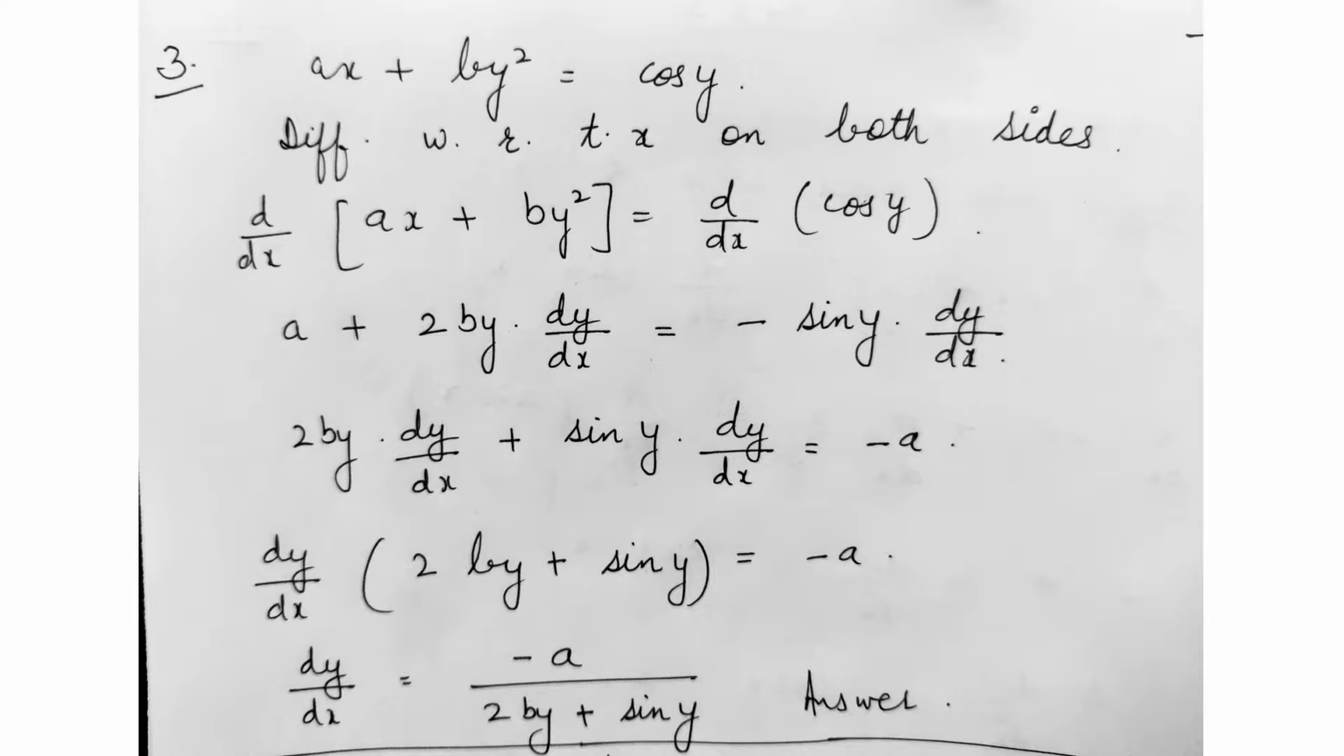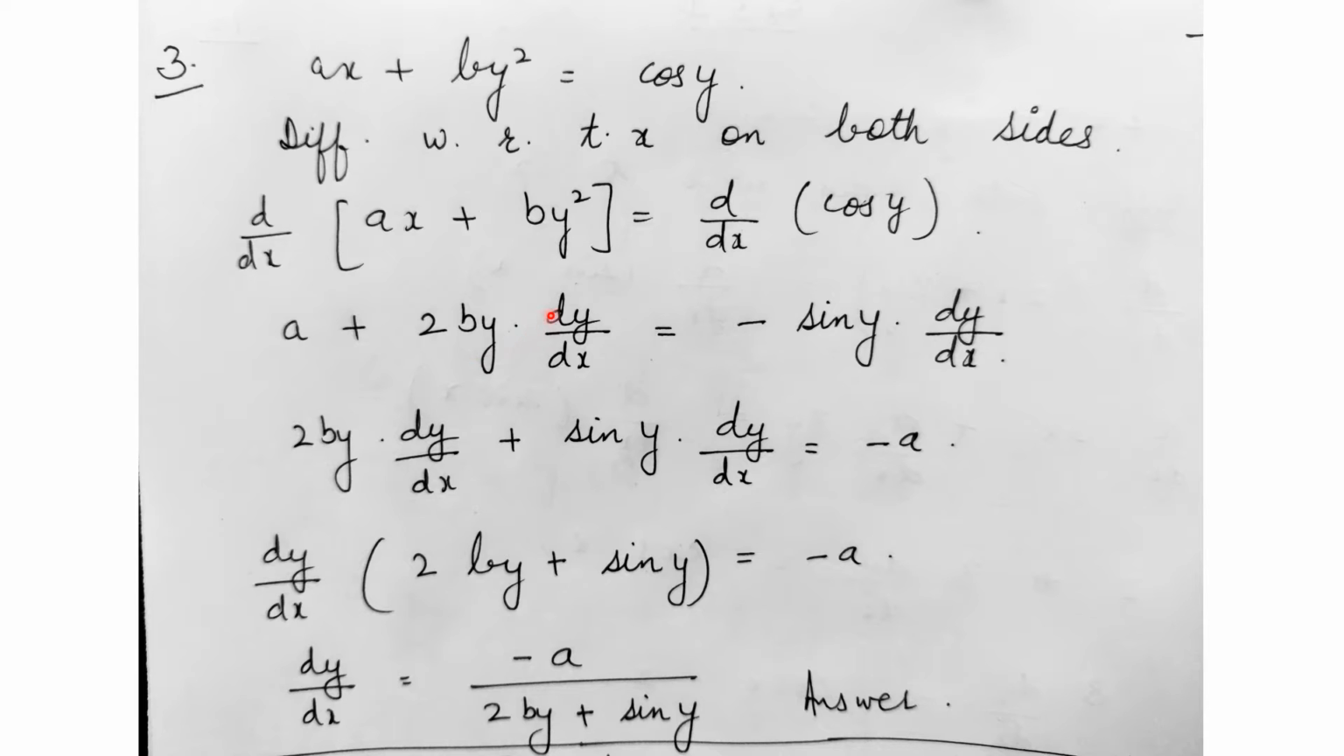Next question. See, ax plus by square is equal to cos y. We will follow the same pattern. Differentiating with respect to x on both the sides, we get d by dx of ax plus by square is equal to d by dx of cos of y. Now we will calculate the differentiation here. What is the derivative of ax? We will get a, right? Now the derivative of by square will be